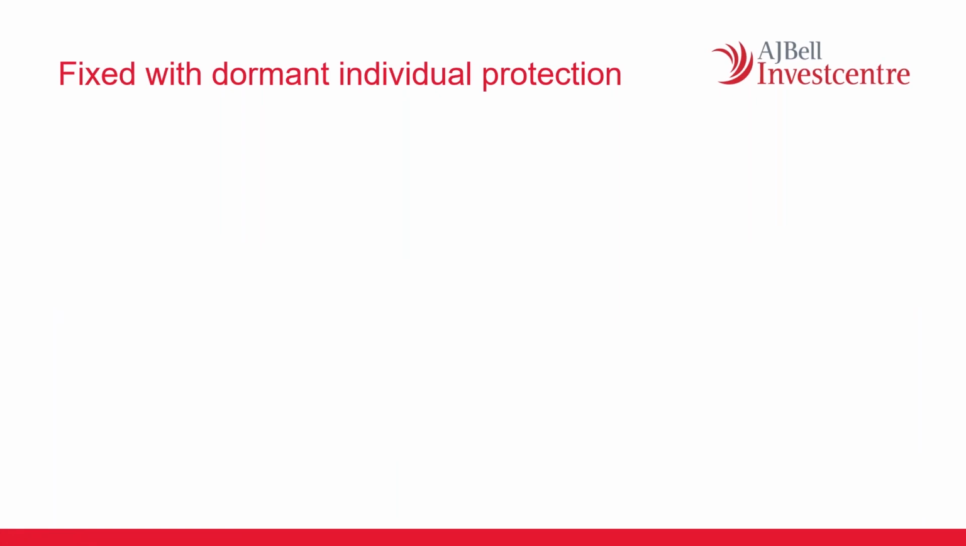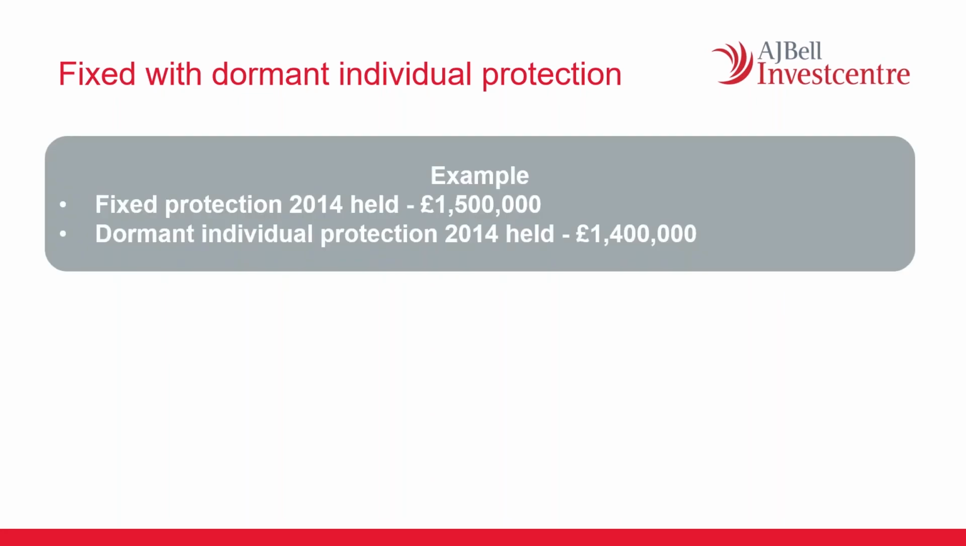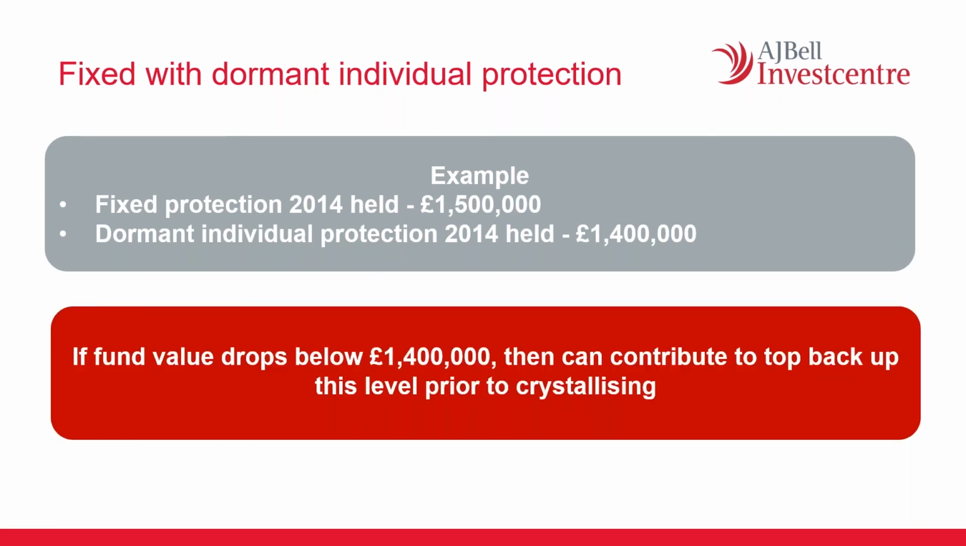You can also have dormant individual protection, usually to fixed. So as an example here, somebody who had fixed protection 2014 at 1.5 million could have dormant individual protection, for example, at 1.4 million. The criteria for individual protection 14 was a fund value between 1.25 and 1.5 million, so this would fall into it. If the fund value dropped below 1.4 million,